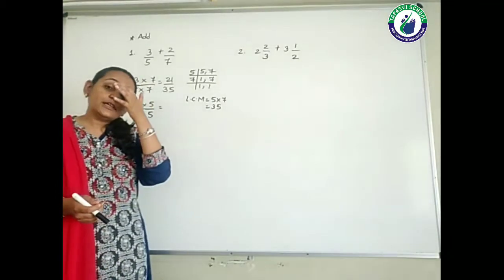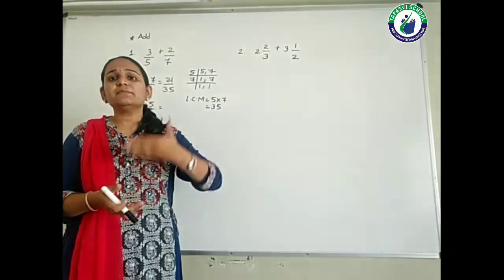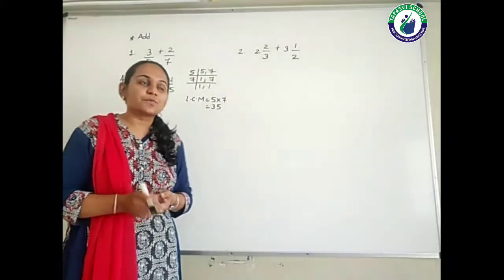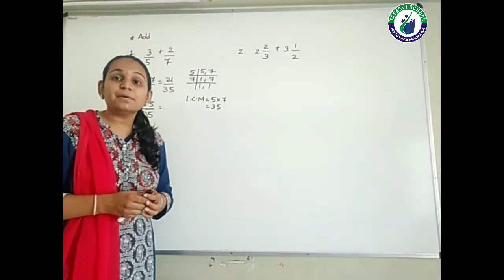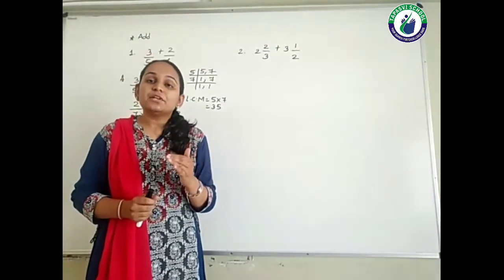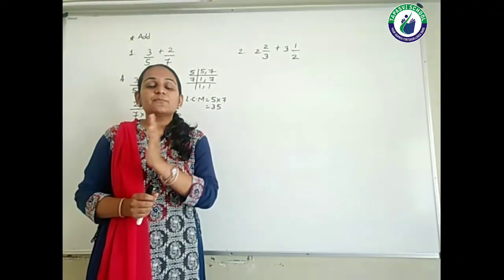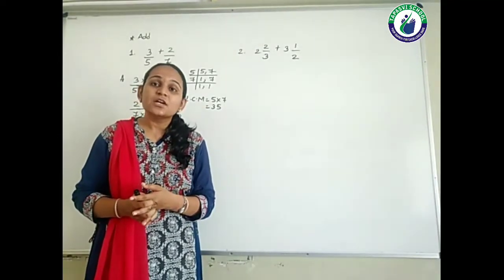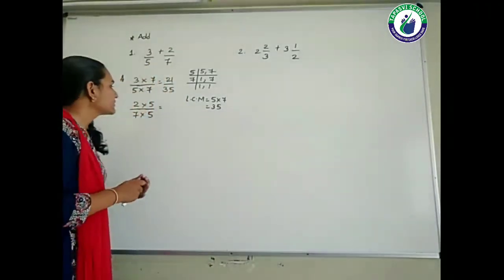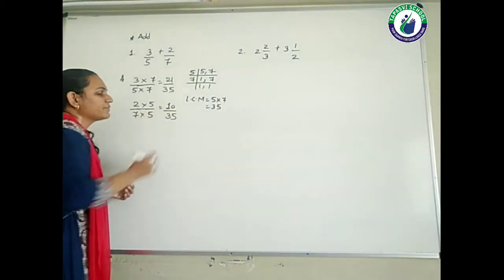Balancing, as we call it. Whatever operation you are doing in the denominator, the same you have to do in the numerator also. And the answer we get, if you remember in the previous lecture I told you, whatever you multiply or divide in the numerator and denominator, the answer that you get is called the equivalent fraction. So 2 5s are 10 and 7 5s are 35.